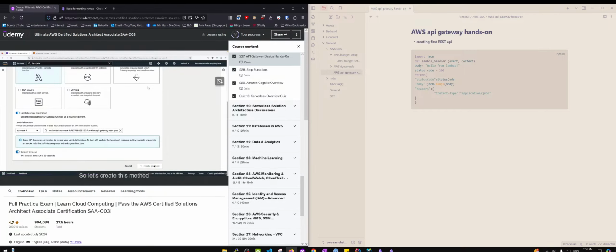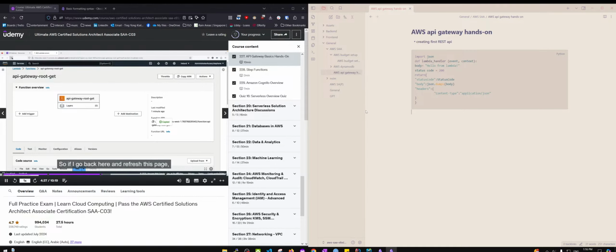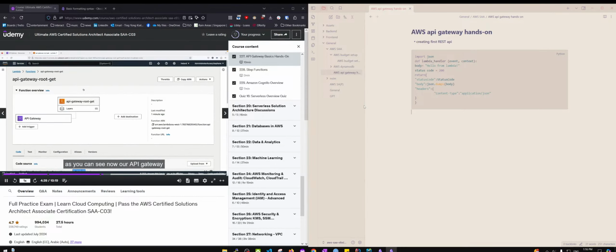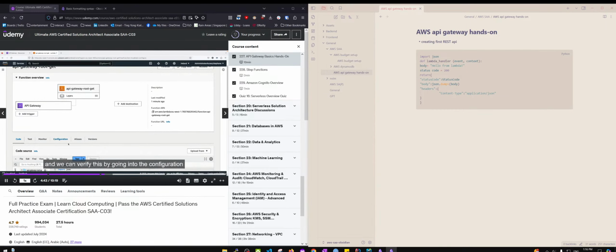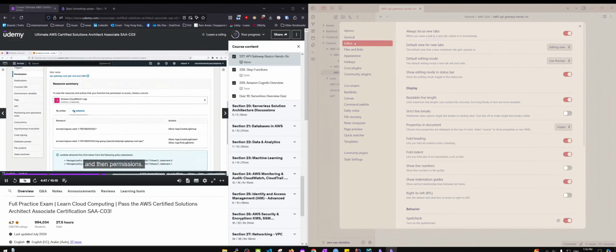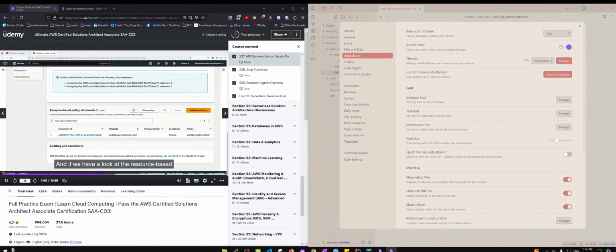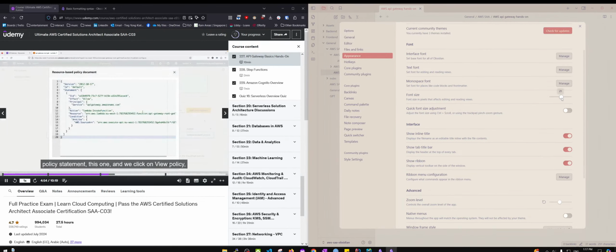So let's create this method, and this is going to automatically grant API Gateway the right to invoke our Lambda function. So if I go back here and refresh this page, as you can see now, our API Gateway can invoke our Lambda function, and we can verify this by going into the configuration and then permissions. And if we have a look at the resource-based policy statement, this one, and we click on view policy,